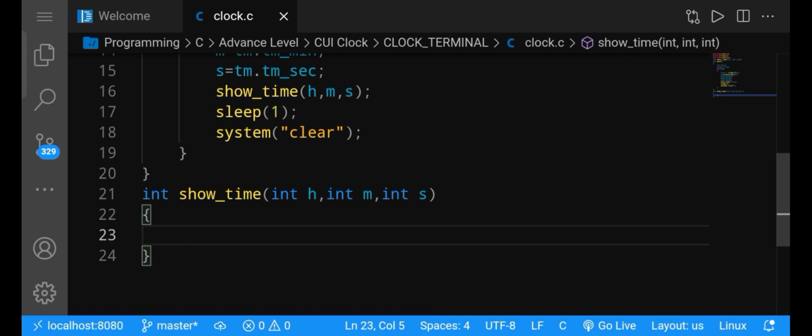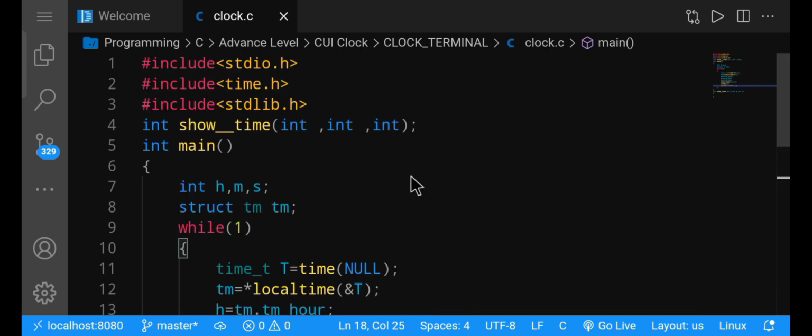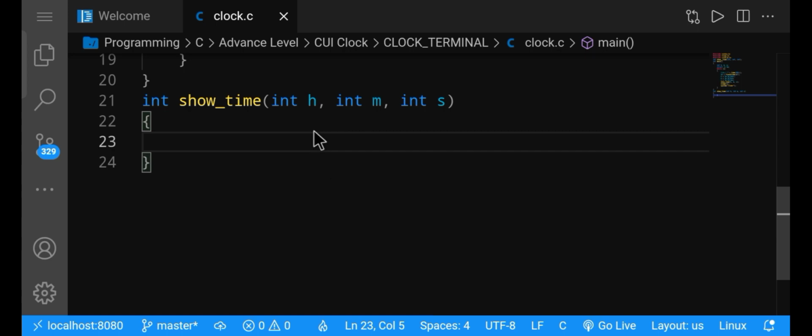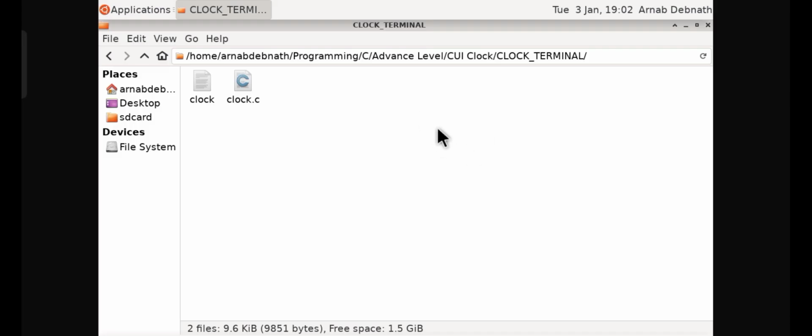Okay, so let's go to the computer screen. We need to do something there to get a formatted output. Okay, I am on my desktop and open the file path where my C files are. So here I open my terminal